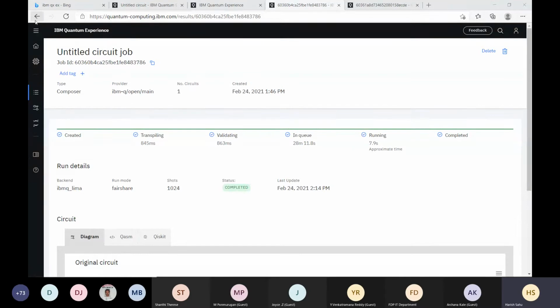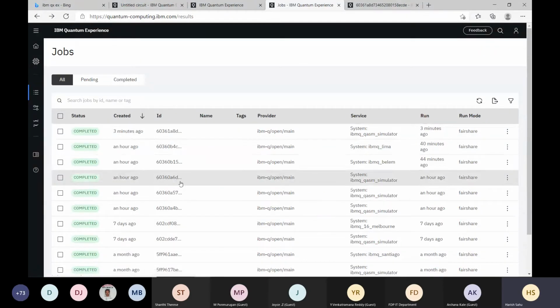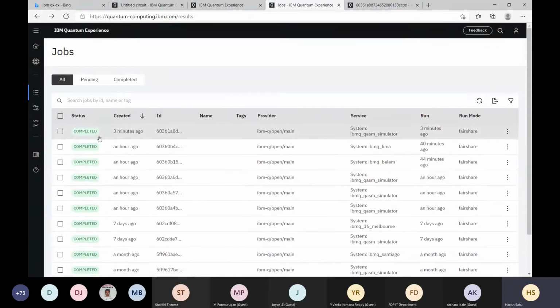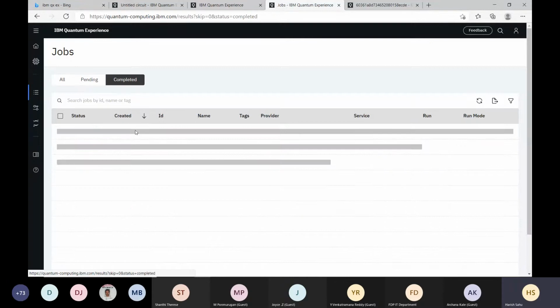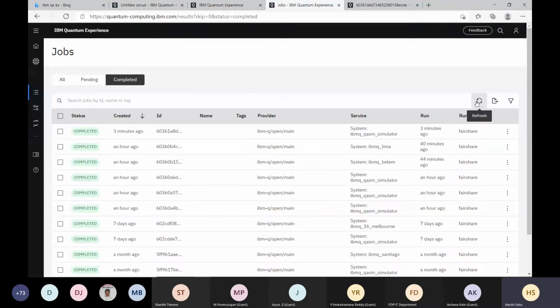Meanwhile, I request some of you to run that same circuit which we have designed here just now. So this was the circuit. Okay, completed is there.